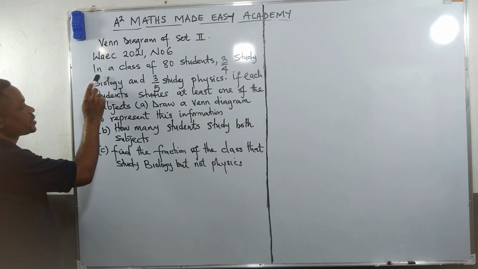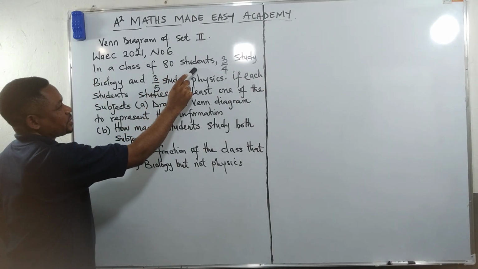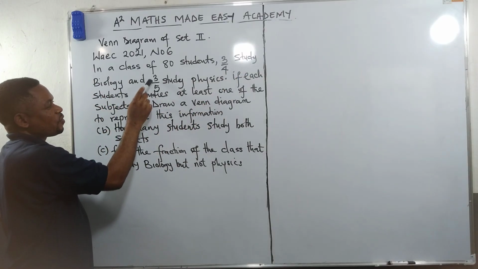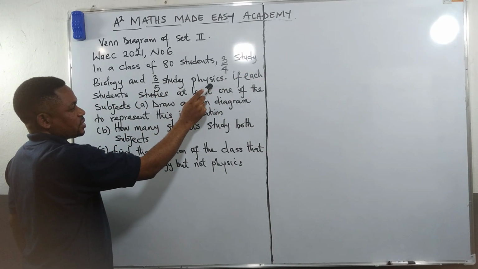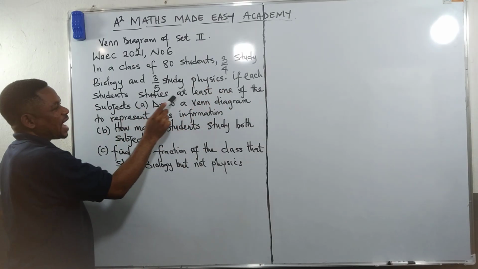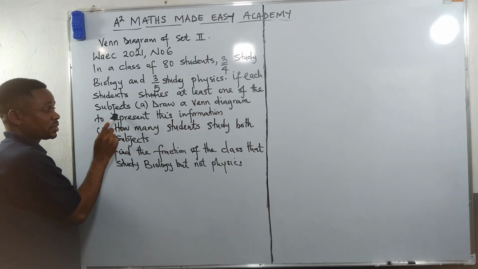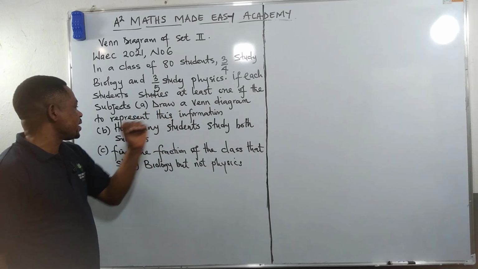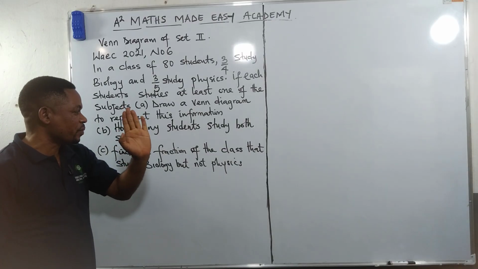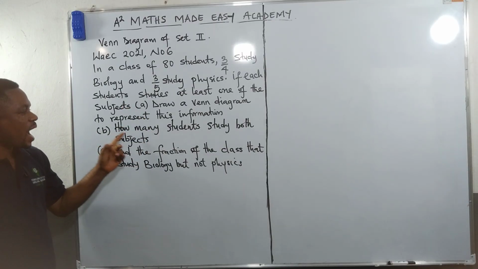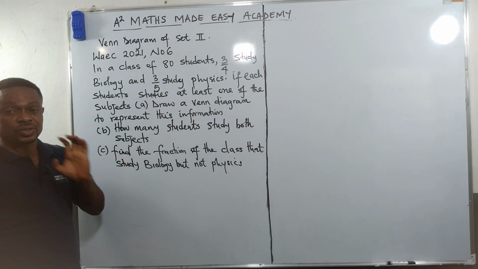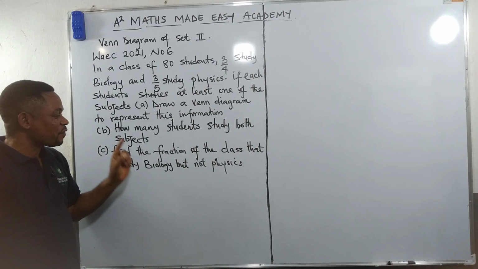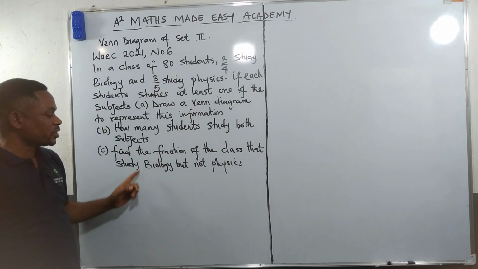The question says, in a class of 80 students, 3/4 study biology and 3/5 study physics. If each student studies at least one of the subjects, now let's get to the question. Question A says, draw a Venn diagram to represent this information. Then B says, how many students study both subjects? The last, which is C, says, find the fraction of the class that study biology but